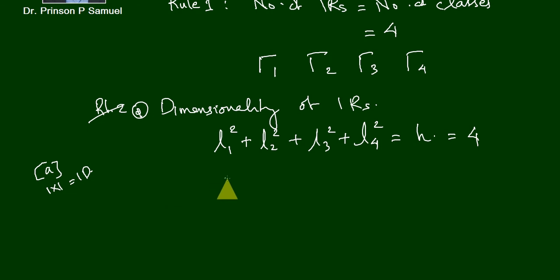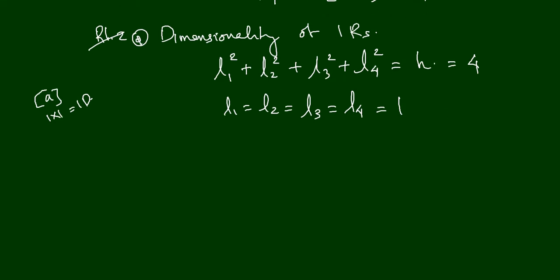So L1 should be equal to L2, should be equal to L3, should be equal to L4, which is equal to 1. So that is what we can understand from there. All the irreducible representations will have dimension as 1, or all are one-dimensional representations. That's what we can understand from here. And it also implicates a little more thing. Means if we know that the character of the E, means identity matrix, will be equal to the